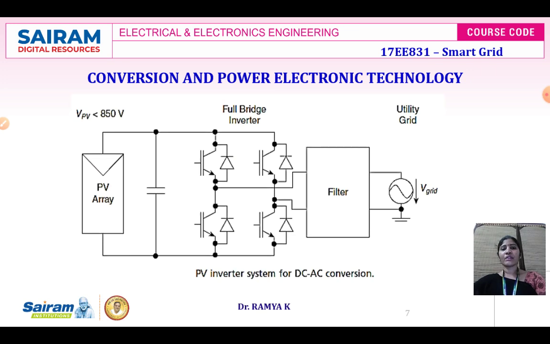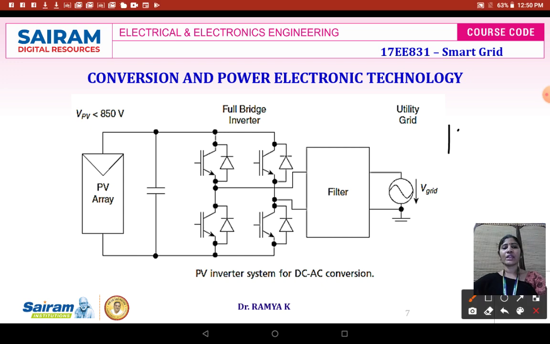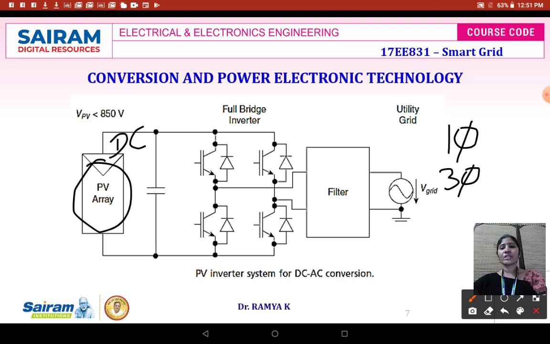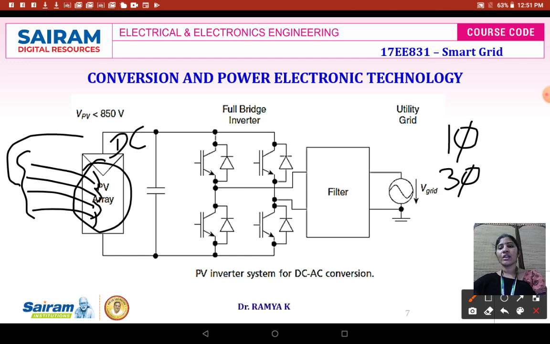Power conversion system is important. Usually customers have single phase and three phase supply. From solar we will be getting only a DC voltage, as we are using the solar rays, that is, photons falling onto the solar panel. The photons falling onto the solar panel vary in nature because it depends upon the atmospheric condition. When you are making this solar PV panel, it is varying with respect to nature, right?